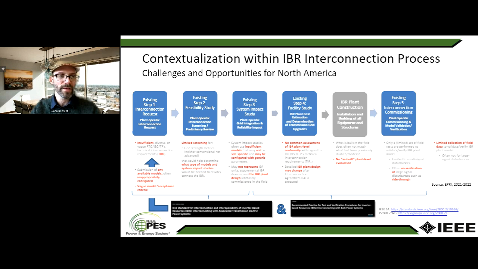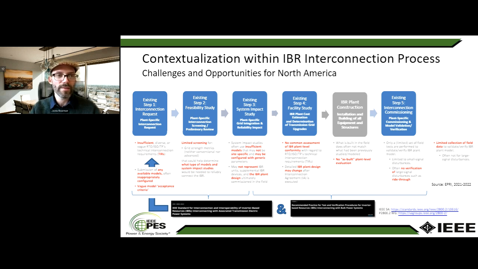Step 2, which is the feasibility study, might have some deficiencies in terms of screening. Many of the ISO RTOs in some of the regions have already addressed this and started revising their processes. But ultimately, it comes down also to modeling of these resources. One of the challenges with regard to resource models is that in the past, there was no clear expectation for performance. So adding 2800 as expected performance requirements can also reduce the uncertainty with regard to performance of these